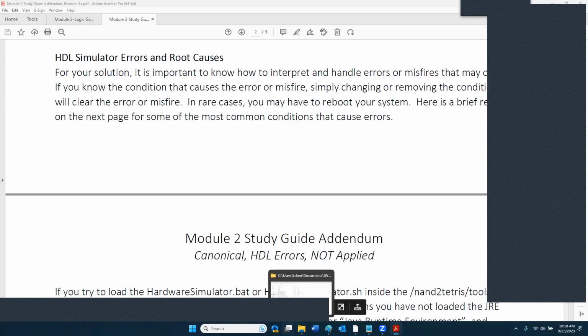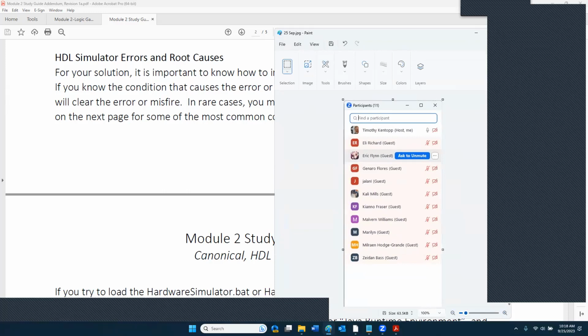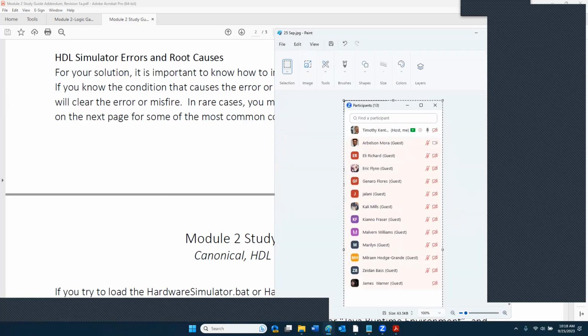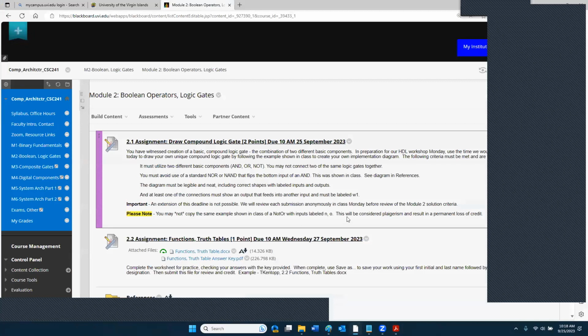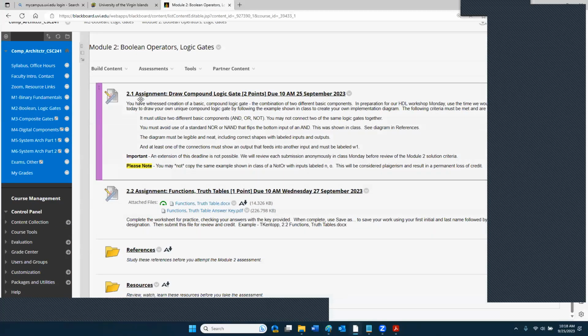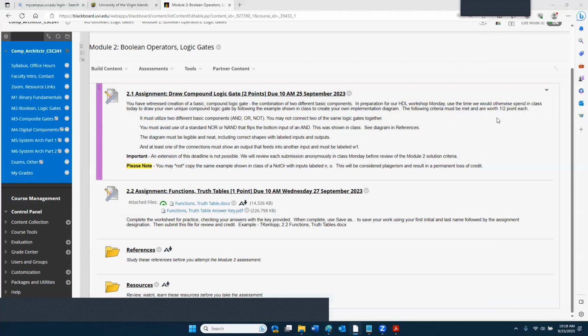And after review of that logic gate drawing, there may be some refinements suggested, right? So students will get a chance to resubmit their logic gate drawing. I'm talking explicitly about assignment 2.1. Can everybody see the screen? Yeah. So in assignment 2.1,